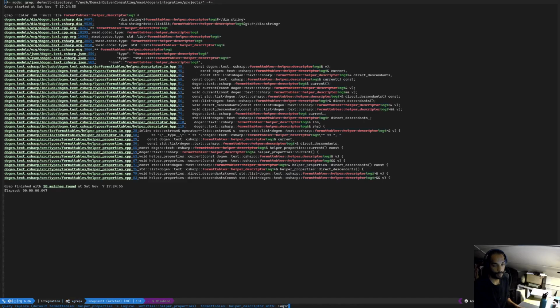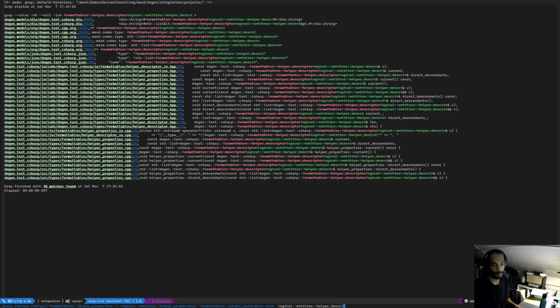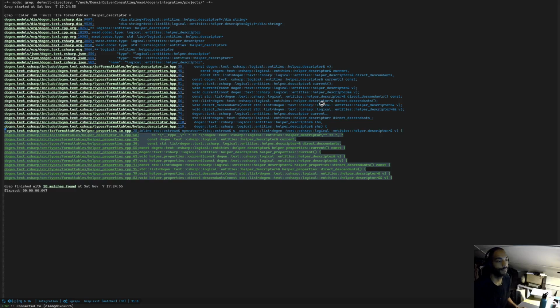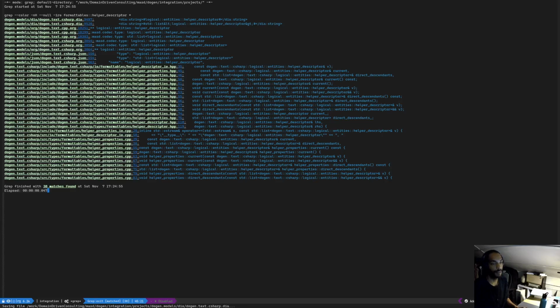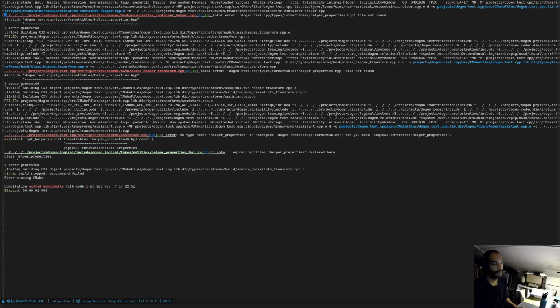So logical entities helper descriptor. Right, so now then, it's gone across the whole world and replaced, but of course, while we're there, it would